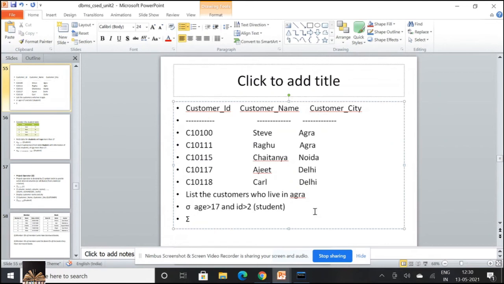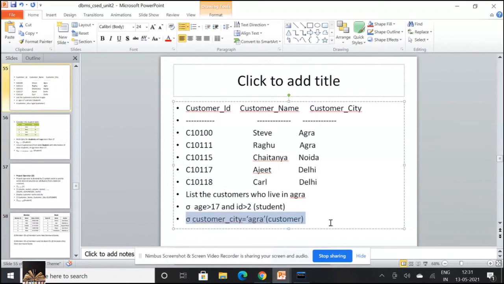Sigma customer underscore city is equal to Agra from customer. So this is the way I work with a select operator in relational algebra.